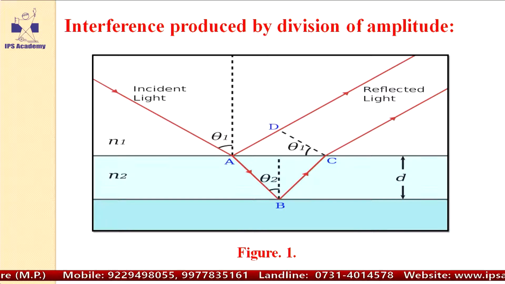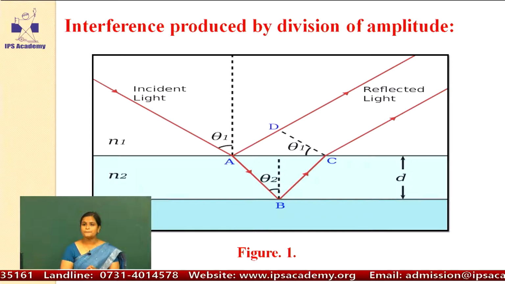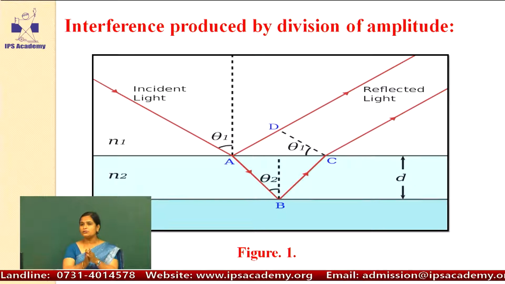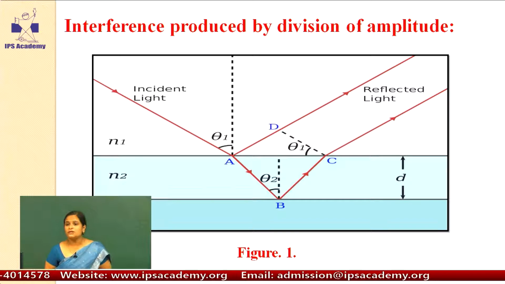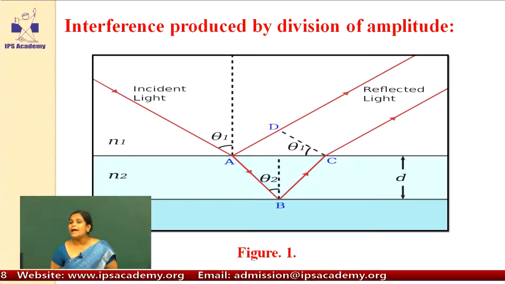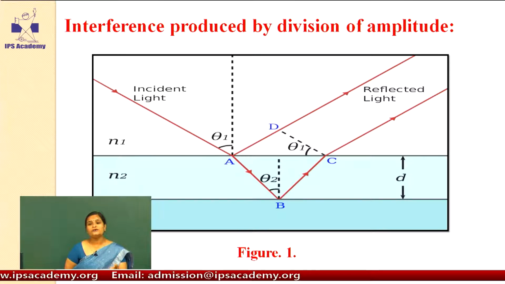When we observe from the reflected region of the light, the reflected part of the light, this is known as the reflected region, and when we observe from the downward region, the transmitted region, this light is known as transmitted light. So here in this figure you can see the reflected light. There is a superposition between these two light beams which are reflected from point A and point C. After superposition we get the interference pattern on the screen, which gives alternate dark and bright fringes.